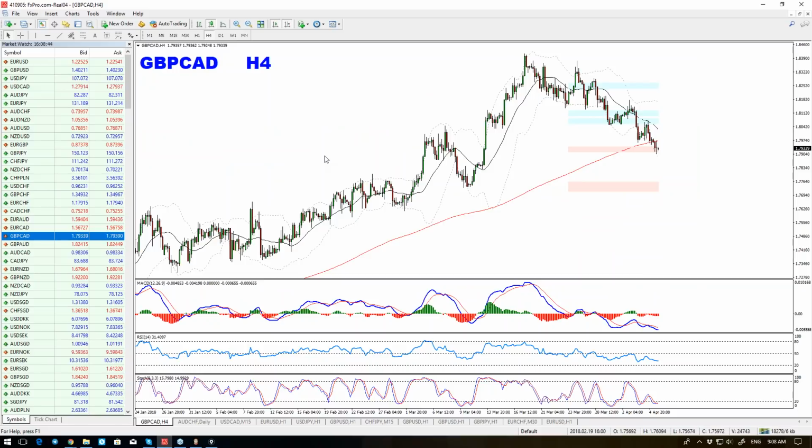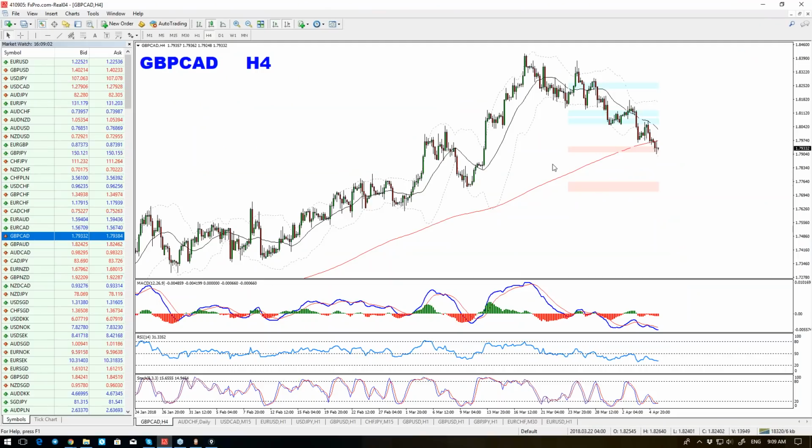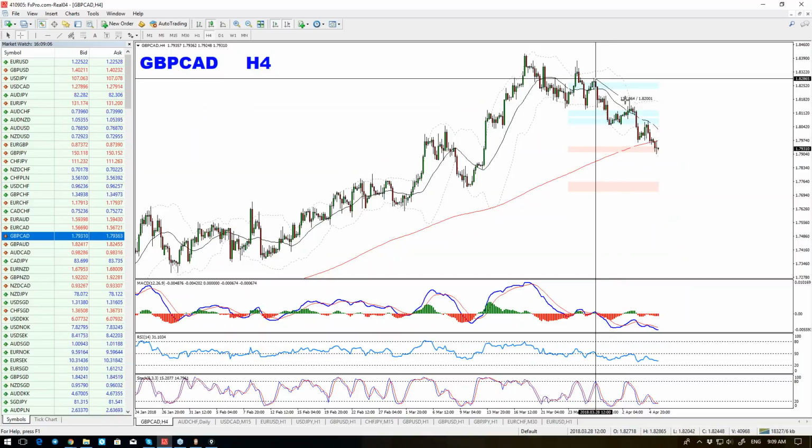Pound Canadian, another pair that we said we start to look for the sells, and we have it on the short-term ideas right here. Right, that was our plan. Back to these trend lines, 1, 2, and we got that basically going exactly back to the trend line, and provided us a bearish hidden divergence here,